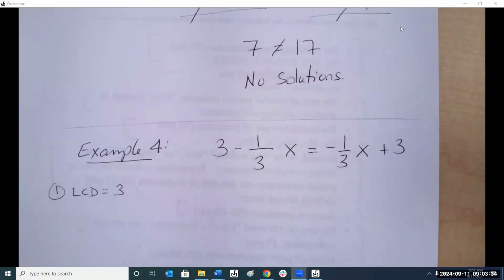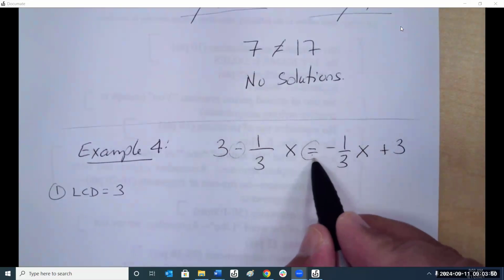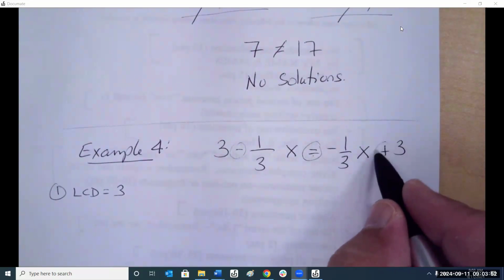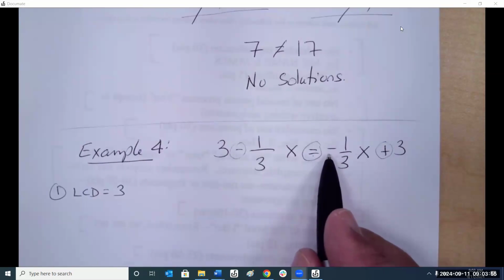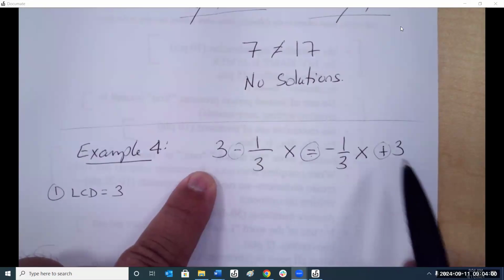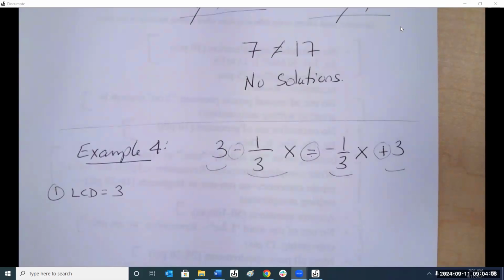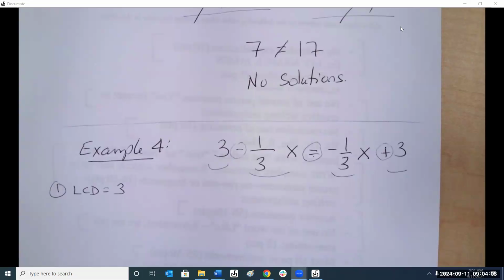How many terms do we have here? So is it actually 2 terms or 4? 4. Because there's a minus sign, there's an equal sign, and there's a plus sign. Is that a minus sign? No, it's a negative sign. So on both sides, we have 1 term, 2 terms, 3 terms, 4 terms. So step 2